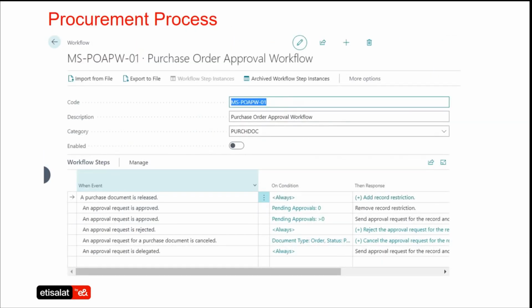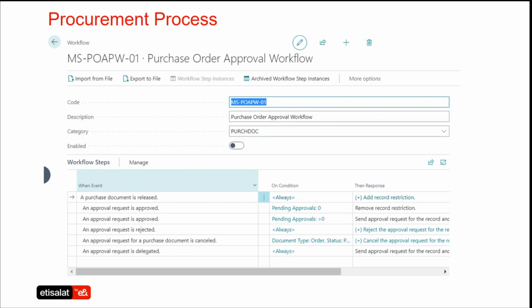Moving forward into the next module, that is the procurement process. Today, Dynamics 365 Business Central helps you handle your entire procure-to-pay cycle within the system. It allows you to manage various workflows and have controls over your procurement budgets. It also helps in your procurement planning, like what to buy, when to buy, and what sources to buy from. And it helps with replenishment predictions, which is very important today in most organizations that want clarity on this. The system allows this by default.